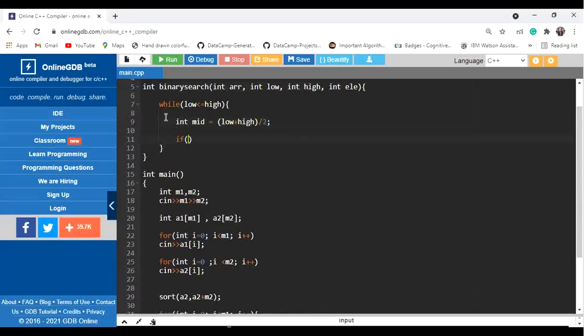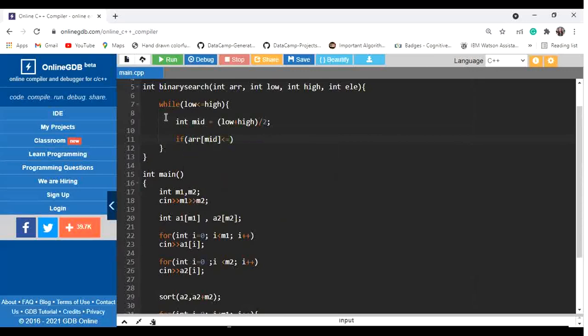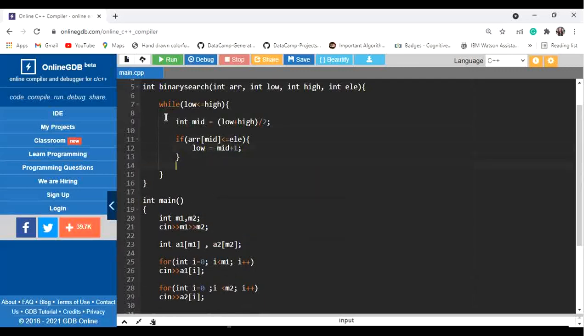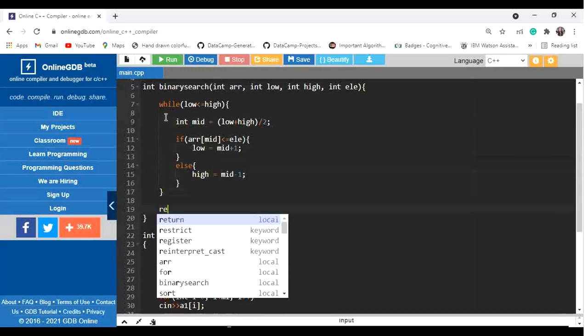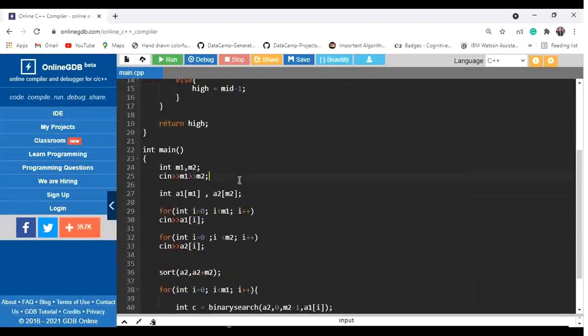Now we check if ARR of mid is less than or equal to LE. In that case, we have to move in the right direction, so we update the value of low as mid plus 1. If this is not the case, we have to move in the left direction, so high equal to mid minus 1. After coming out of this loop, we simply return the value of high, and we are done.